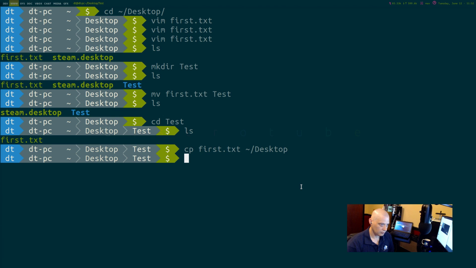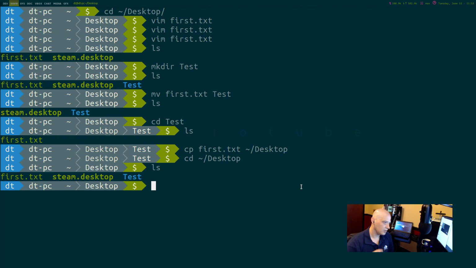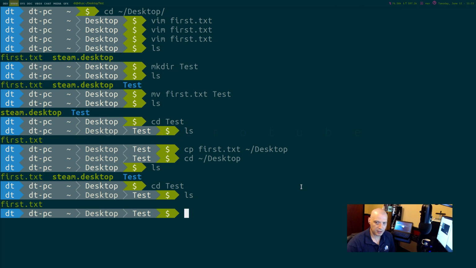Now, let's go back to the desktop directory. ls. Now I have first.txt there. cd back into test. ls. First.txt is also there. So that's just a little bit of basic stuff with move, mv, and copy, cp.